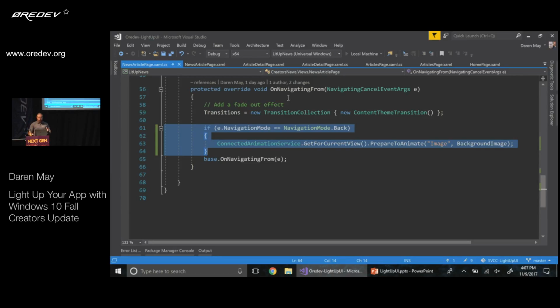Make sense? Okay. So in the previous session, I talked about some lighting and so on, and I talked about implicit animations, and I talked about expression animations. The expression animations is what makes the parallax work. The lighting and other animations that observe alternate inputs, like your pointer positions, that's what I'm going to show a little bit about now. So if we go back to our news page,